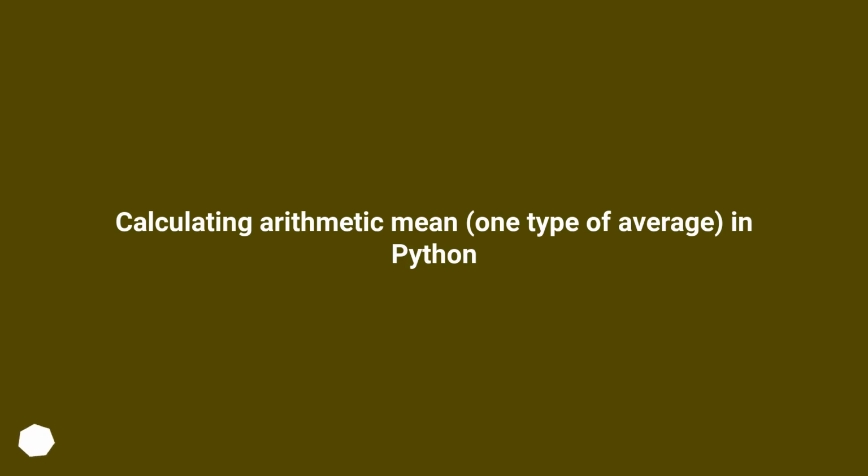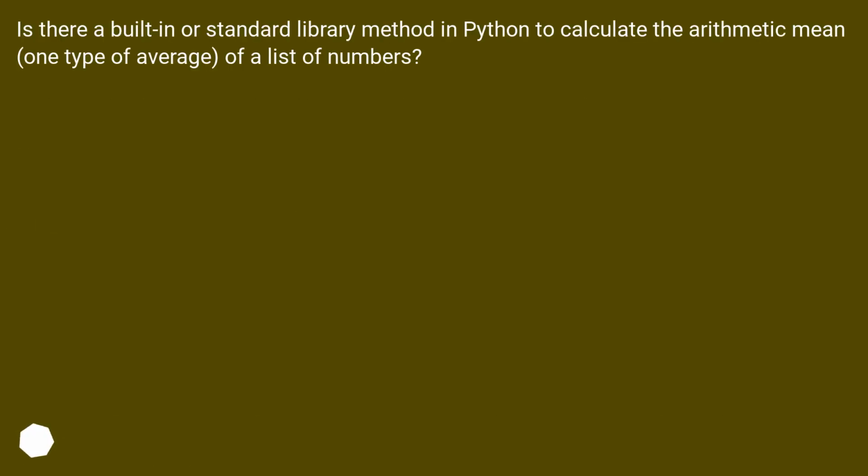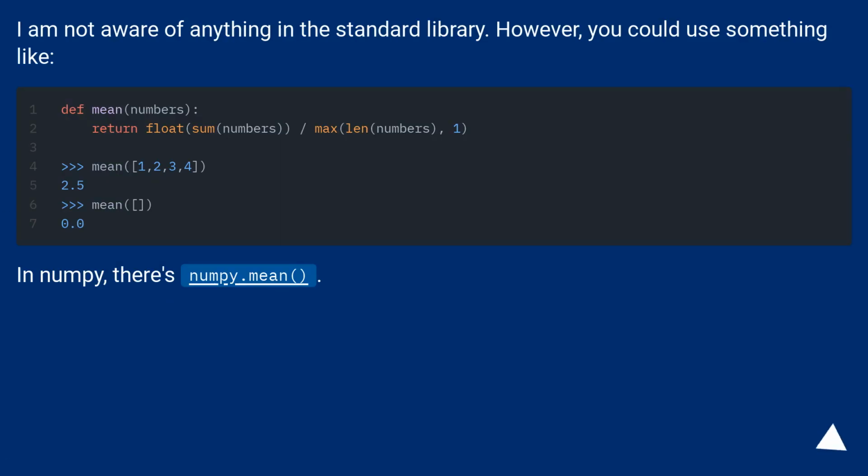Calculating arithmetic mean, one type of average, in Python. Is there a built-in or standard library method in Python to calculate the arithmetic mean, one type of average, of a list of numbers? I am not aware of anything in the standard library. However, you could use something like